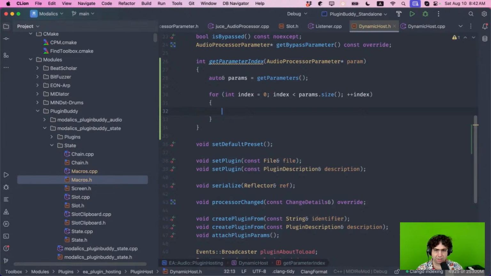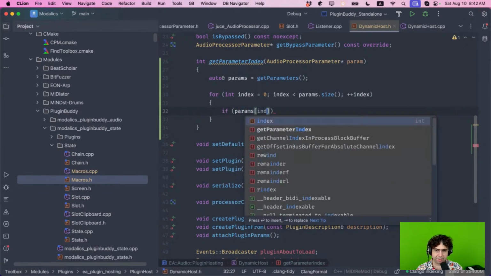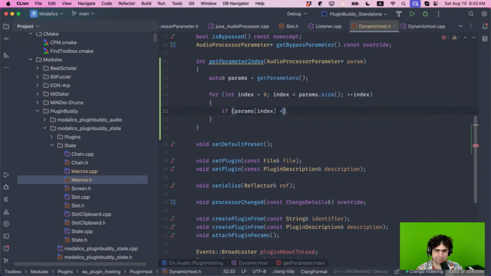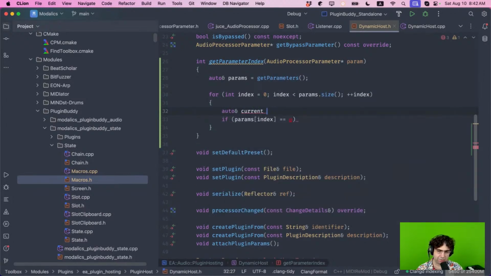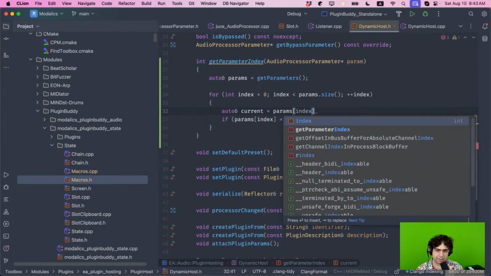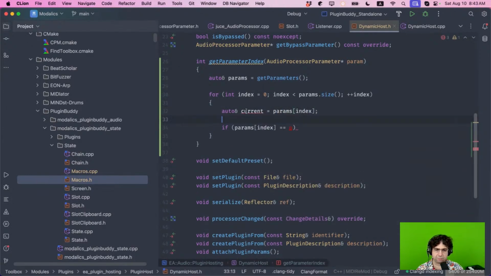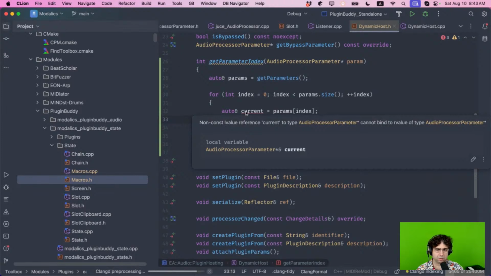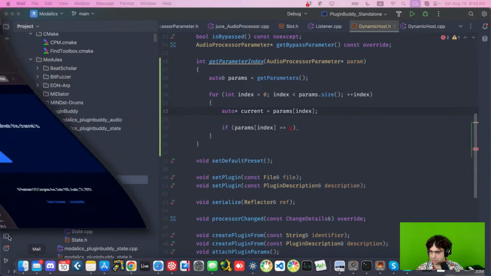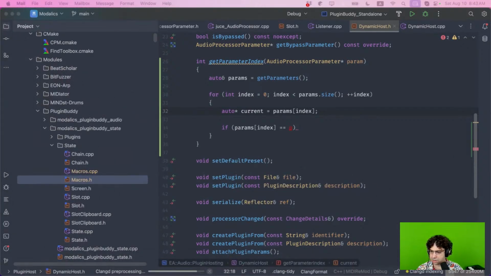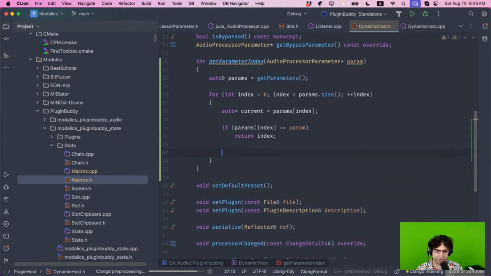Then if params index is the same as the parameter, let's do current equals params index. If it's equal to that parameter, then return index. But if it's not that,